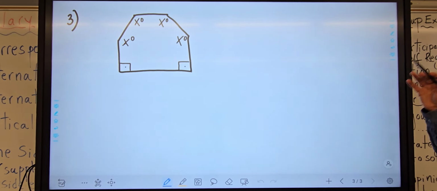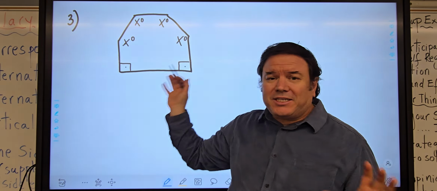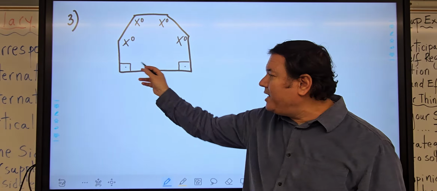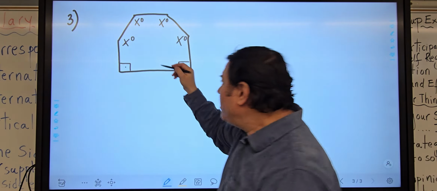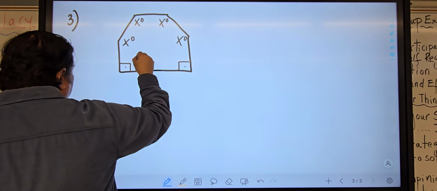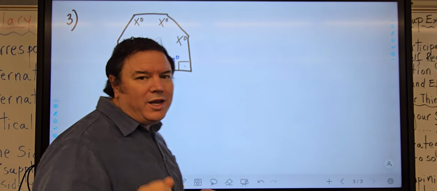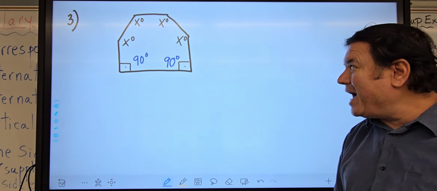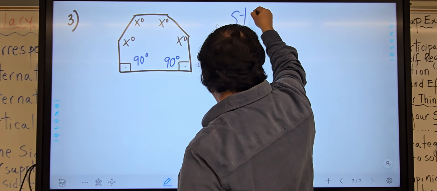And in this case, we have a polygon, and here we have a couple of x's. This angle is x, this is also x, and so forth. And here we have 90 degrees. Remember, a square means 90 degrees. 90 degrees, and again, we need to find the value of x. To do that, again, we have 2 steps. Step number 1